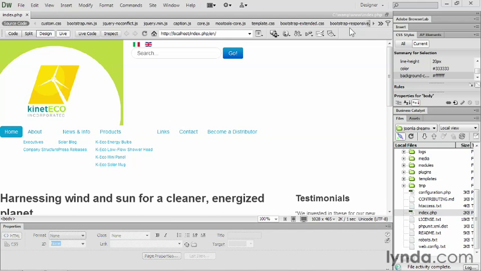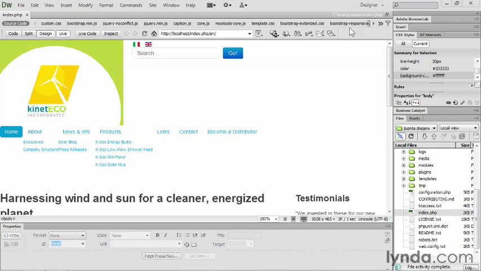Joomla itself is built over several little files that are located all over the file structure that are brought together within this root level index.php file, among other places, and that are put together to display on your website. Dreamweaver was simply reflecting all of the little bits and pieces required to put together a Joomla web page. In this latest version, Dreamweaver CS6, it's doing a little bit more filtering for us by default, which is a really good thing because you don't want to be editing just any file inside of Joomla.